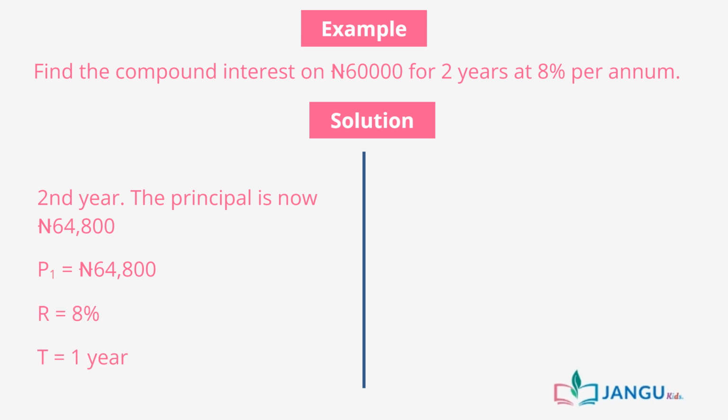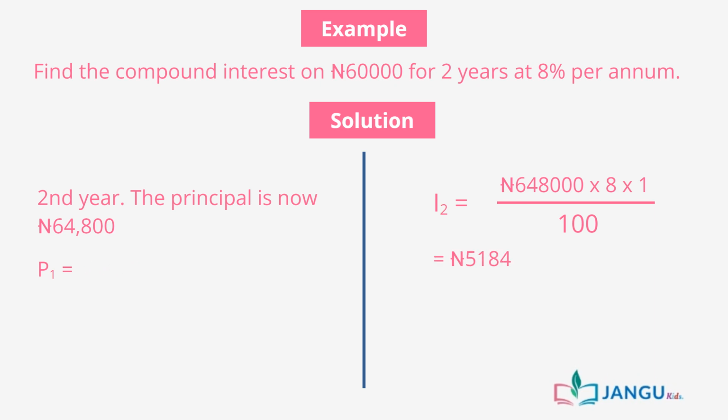The rate and time remain the same. 64,800 times 8 times 1 all over 100. 0 cancels 0, 0 cancels 0, 648 times 8 times 1 is equal to 5,184. Amount at the end of the second year will be 64,800 plus 5,184, which is equal to